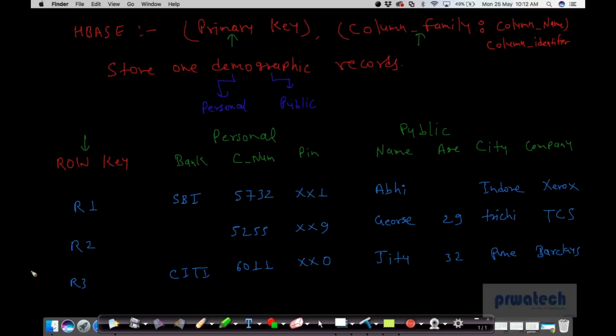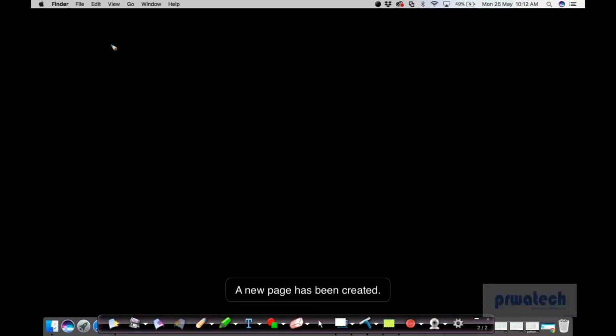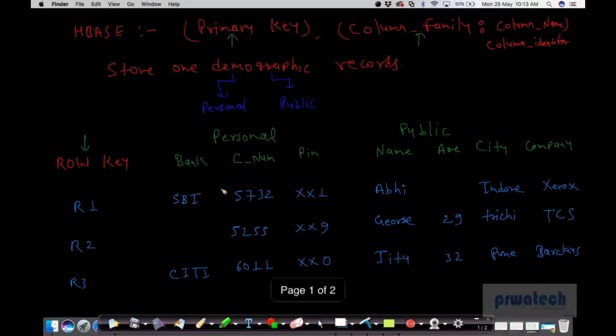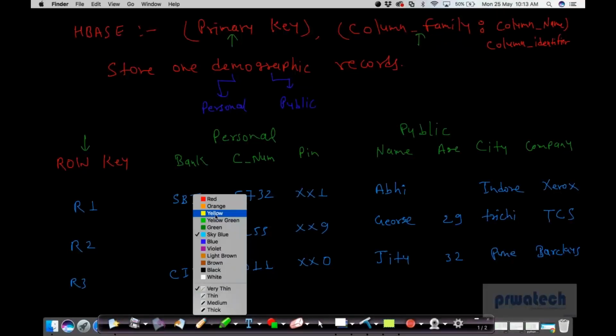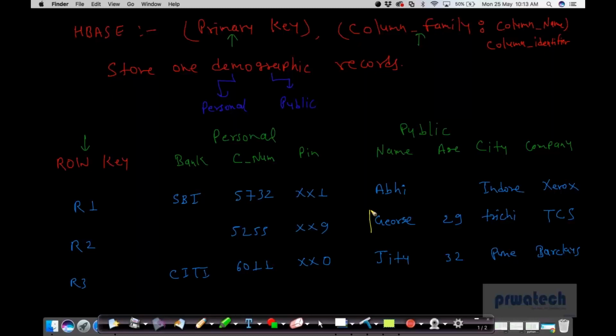Okay. Now, data is inserted when you're running a query. So here you'll see why NoSQL query is faster than RDBMS. So I'm searching for a result. Let's say I'm searching for a result of this name. That is, what is the name of the row key, because every search will work based on this key only, because this is working here as a primary key. So if you're searching for this result, which is George,